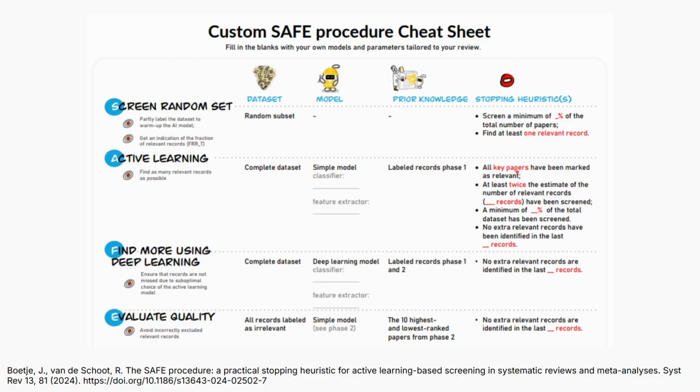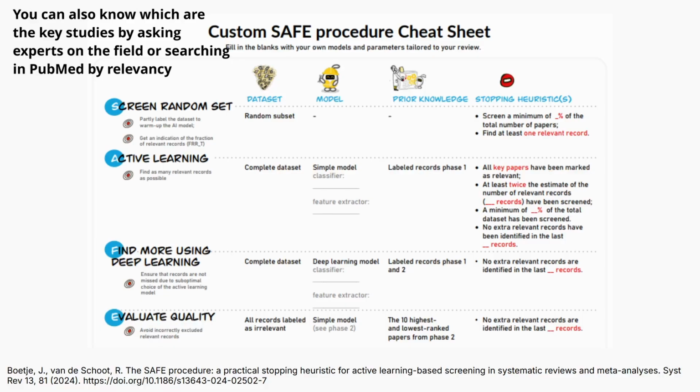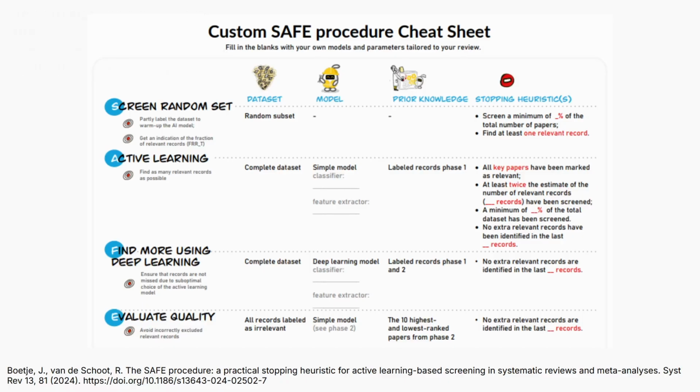So first, all key papers have been marked as relevant. This is because probably when you do a systematic review, you know that there are some trials or studies that probably need to be included, probably known prior to the search. The other criterion is that at least twice the estimate of the number of relevant records have been screened, and this